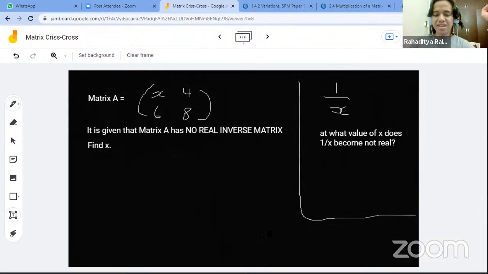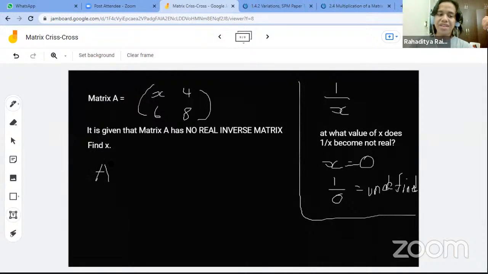Okay, if no one has any idea, it's actually 0 when x is equal to 0, because as you know, nothing can divide by 0. If you try dividing by 0, it's undefined. If you try it on the calculator, you'll get a math error. Anything divided by 0 is undefined. Now, if you remember correctly, just now we had